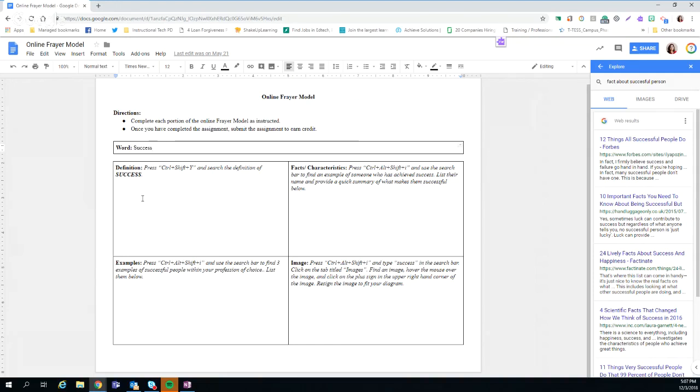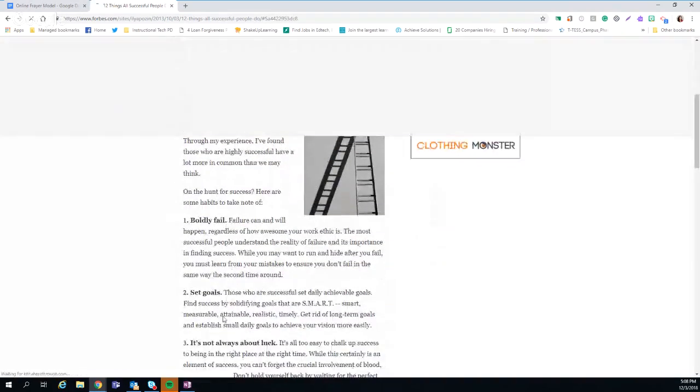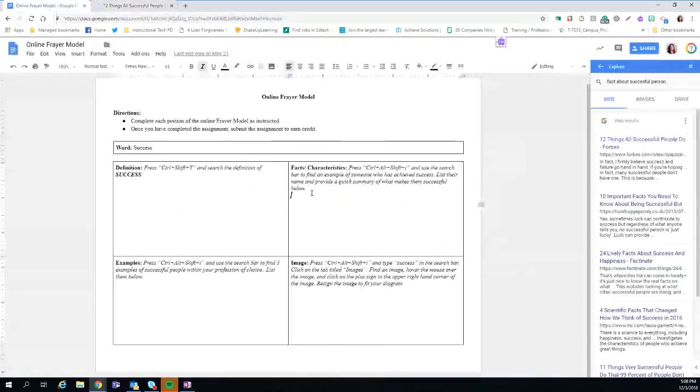So what else do you do here for this model? Well, you showed off the Explore tool, which gives you information like a web search and images. What box would that satisfy? For this one, for example, it was facts and characteristics about successful people. So here, 12 things all successful people do. Then they can just click and go to an article. This one says they boldly fail, they set goals. So then the students would have to come in here and they would say, boldly fail,